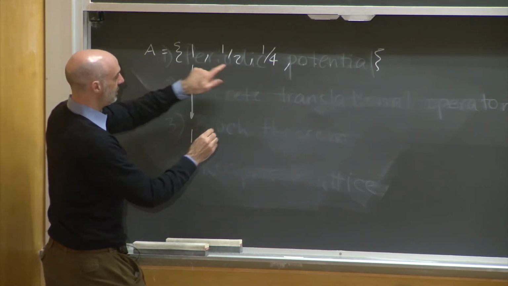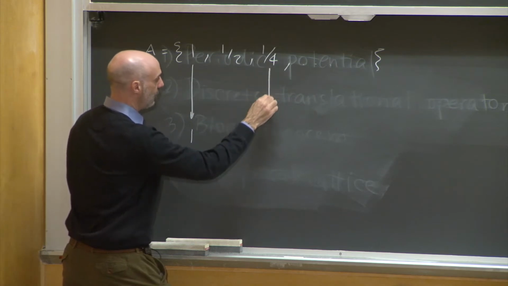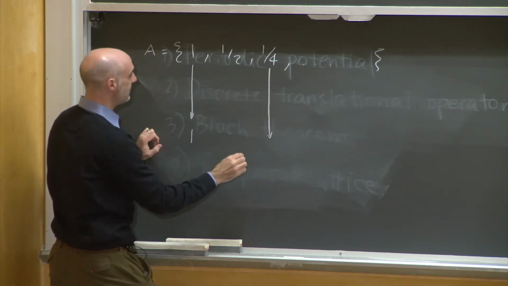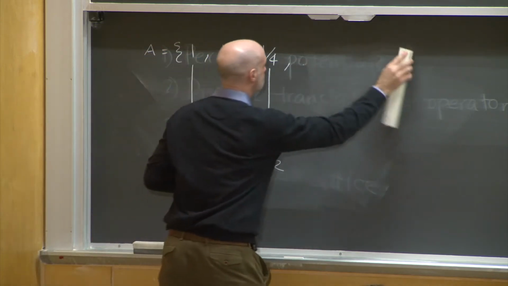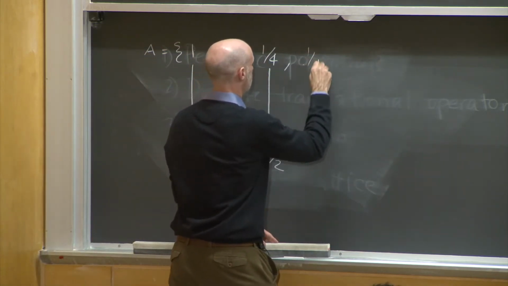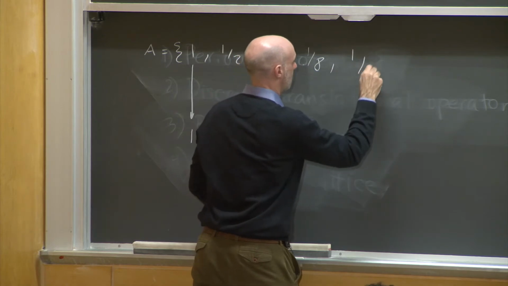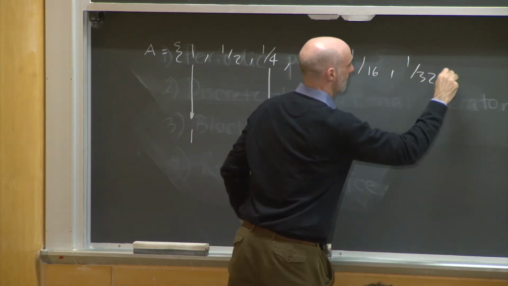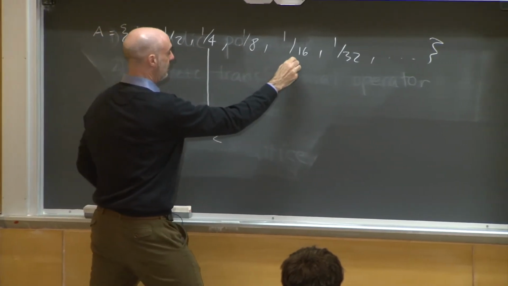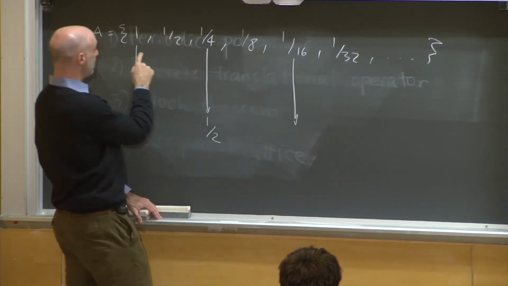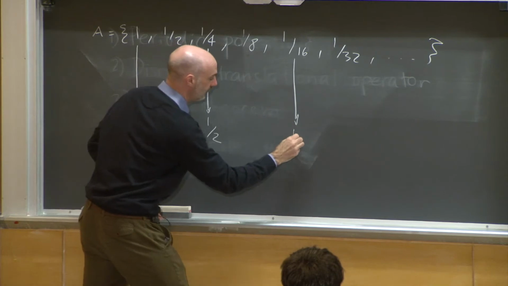We're going to skip this one, and we're going to take 1/4 to the second element of A, which is 1/2. And then we're going to skip that one. And then 1/16 to the third element of A, which is 1/4,